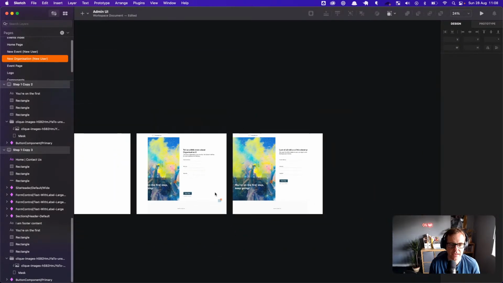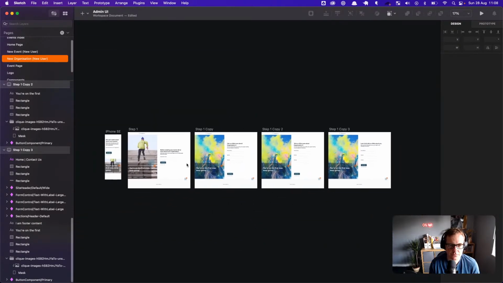Just a note on that. I've built a little flow out here with 4 steps. We'll swap those images out and then we'll actually go and see if we can code some of this stuff